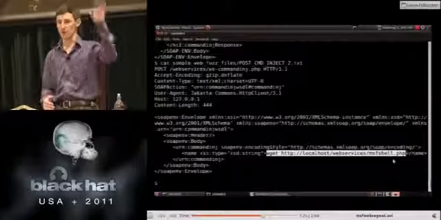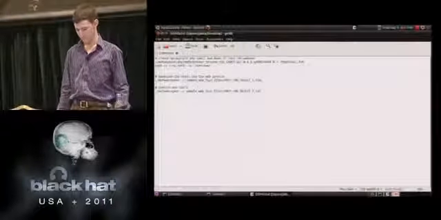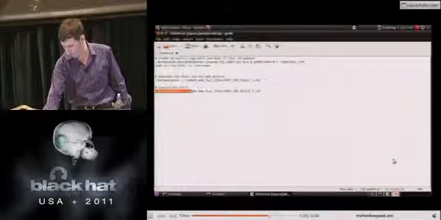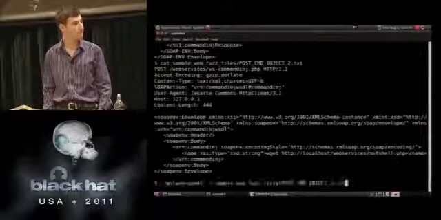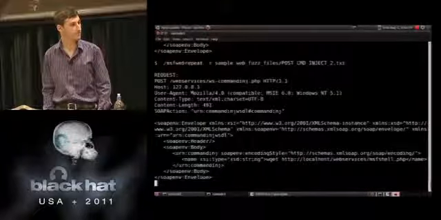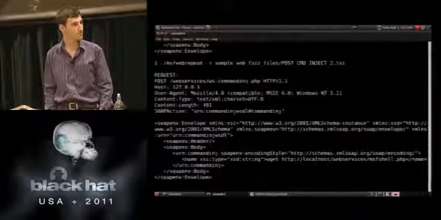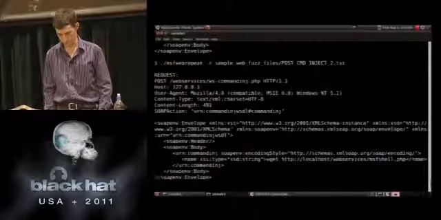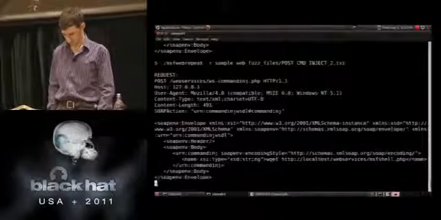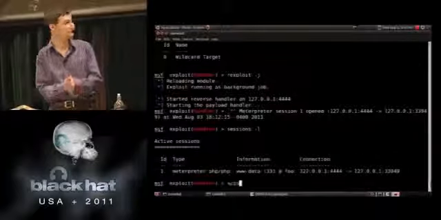All we're doing is the wget to request the MSF web shell, and then we'll get our PHP interpreter shell. So there we go. We got a shell via the command injection.